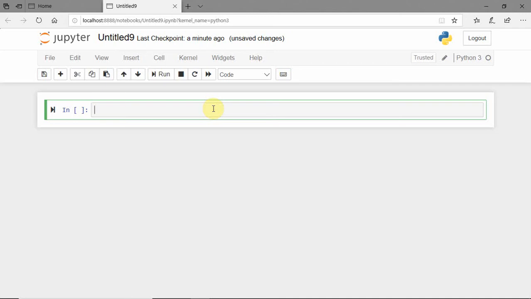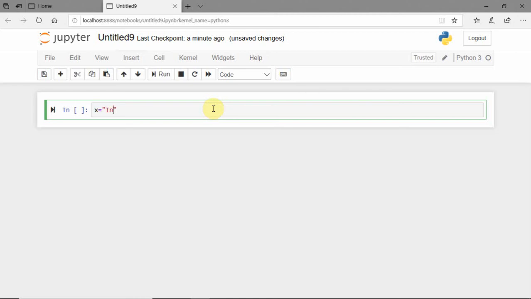Suppose you want to use the same variable for the rest of your complete program, then it's better to declare the variable as a global. Whenever you declare a variable as a global variable, you can use that variable in the entire program. But whenever you are using a variable in a specific function or a method, the variables declared inside the function are called local variables. Let me show you some examples of local and global variables.